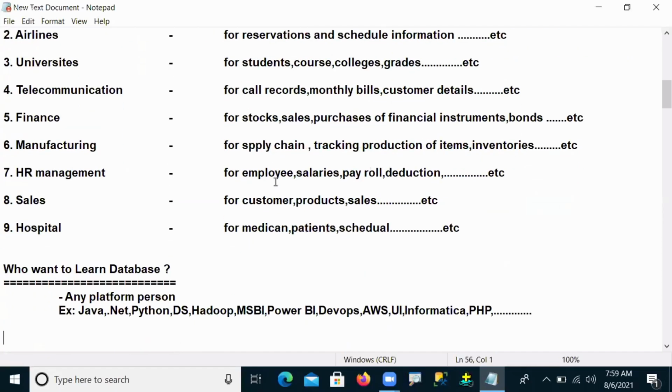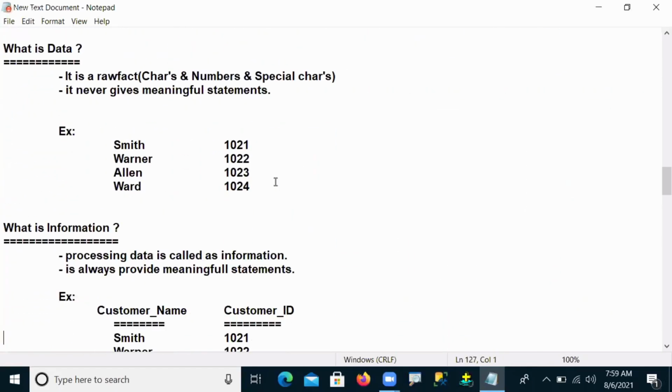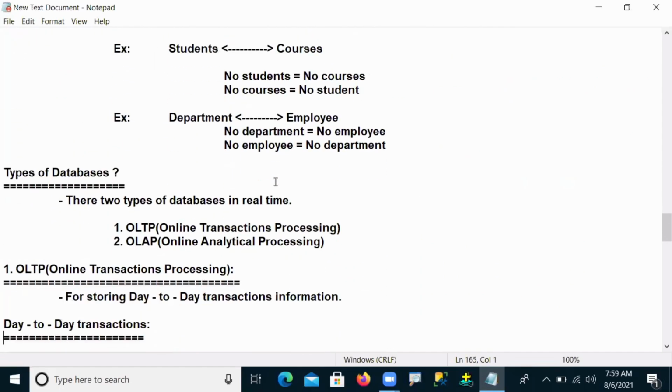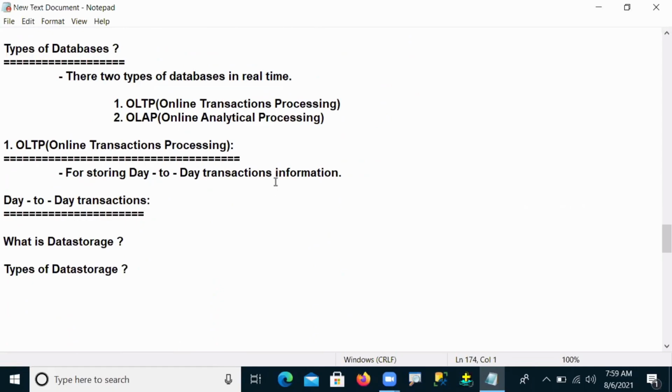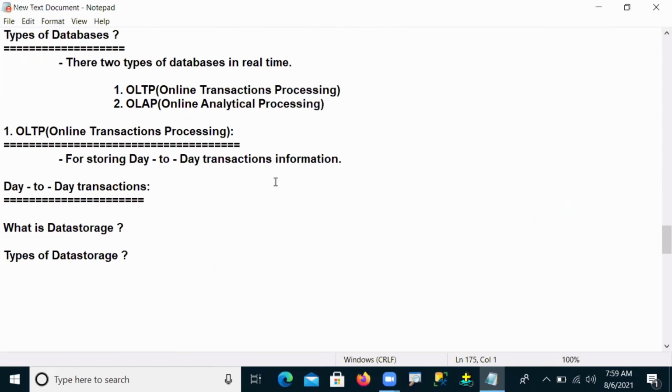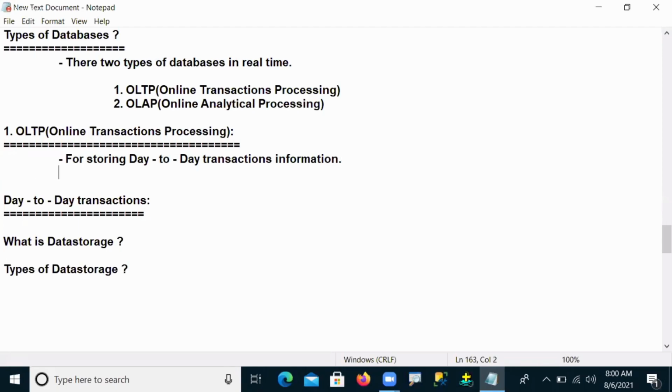And we need to store those messages and information. Where do we store that information? We use OLTP databases. That's why people say we use OLTP databases for day-to-day transactions information. Whatever we perform online nowadays, every online transaction's information we need to store. For that purpose, organizations maintain